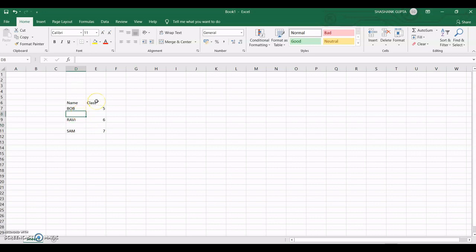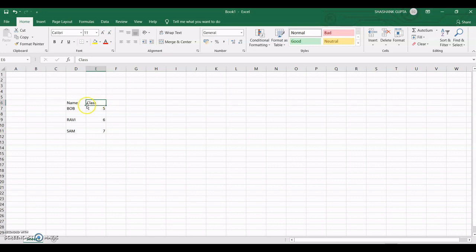Now if you want to create a column, how to create a column? Similarly, as you have inserted a row, similarly you can create a column. By default, a row is created on the top and a column is created on the left of the selected cell. Suppose I am going to select this cell. After selecting this cell, our new column will be generated to the left of this cell, not right. So by default it will create a new column on the left of the selected cell.